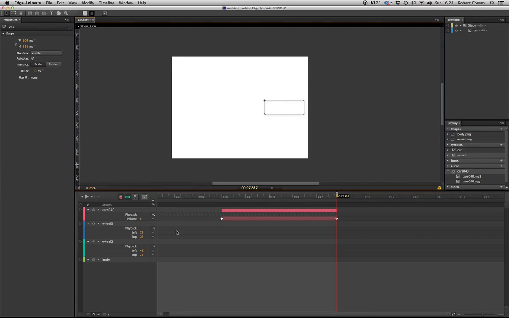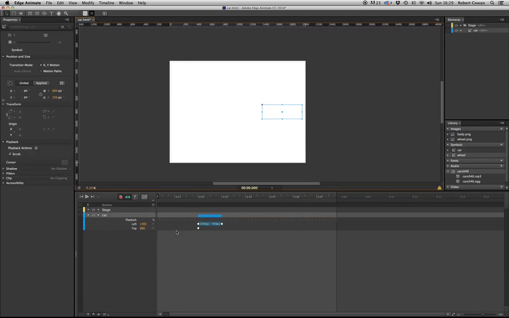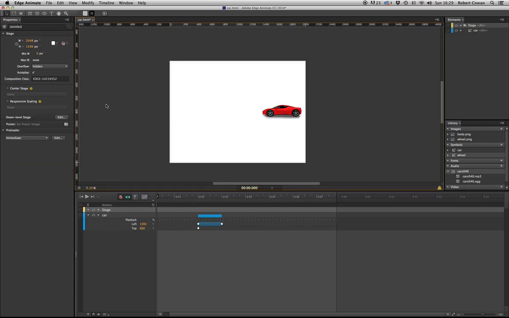So stage 2 of our animation. Stage 1 was we've got everything moving, animation's doing what you want, wheels spinning, audio on there, car driving off to the left. Now we're going to add some action. So the second stage of this animation is all about us taking control of the animation. So first of all, we want everything to be stopped, and then on the click, all our animations will start